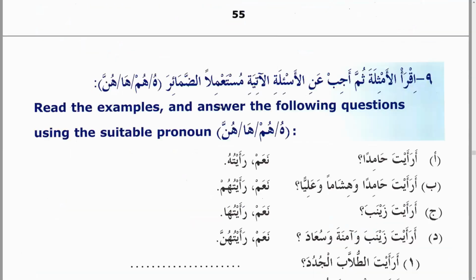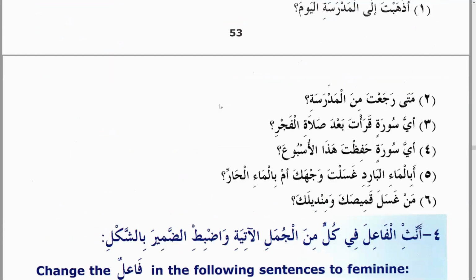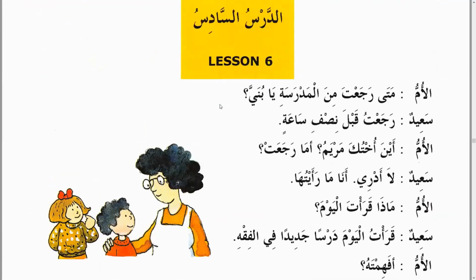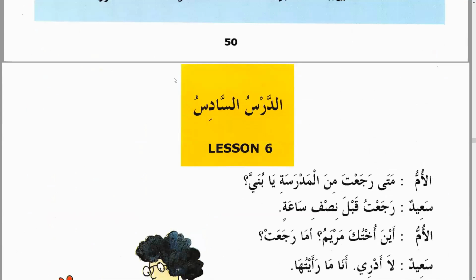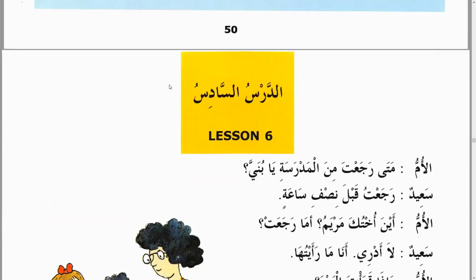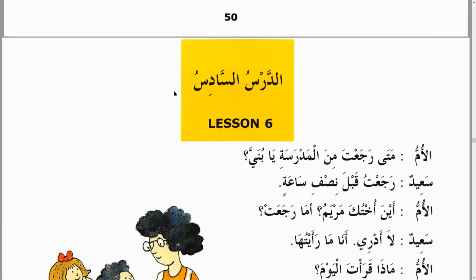Inshallah ta'ala, we finished 5 lessons out of 10 lessons, because this book has only 10 lessons. The reader book, the colorful book, has only 10 lessons because they divided 33 lessons into 3 books: 10, 10, 13. After we finish 10 lessons, we'll revise all the 10 lessons by reading the key, inshallah. So we've done 5 lessons. Alhamdulillah. Jazakallahu khair. See you in the next class with lesson number 6.